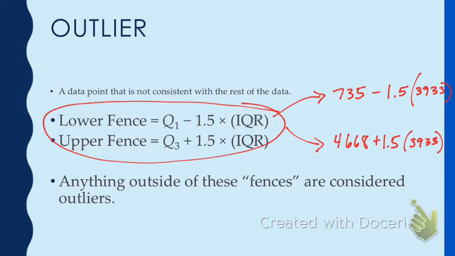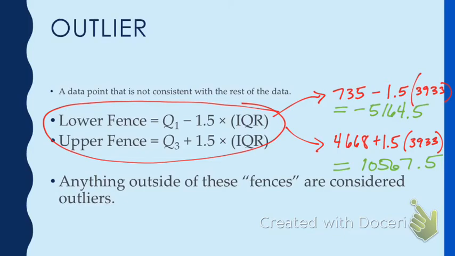So what did you guys get for your lower fence? No. Oh, I never did that then. What did you guys get for your lower fence? Negative 5164 point 5. And then what did you get for your upper fence? I got 10567.5. So we've got negative 5,000, and then we've got